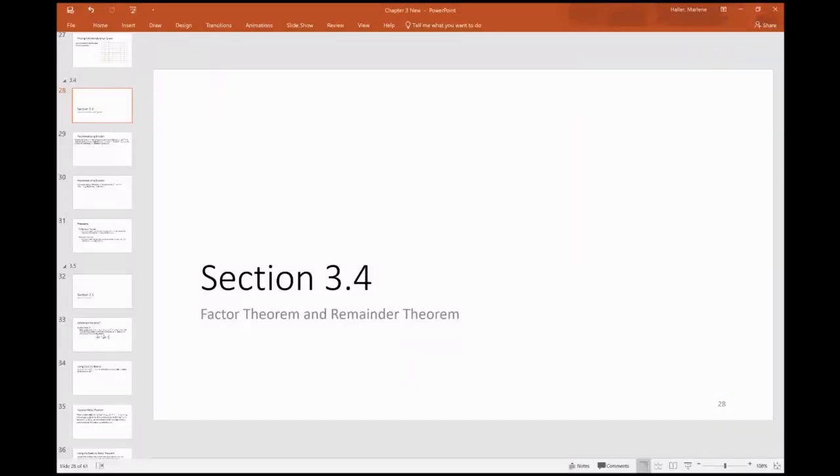Hello, this is the lecture for section 3.4, the factor theorem and the remainder theorem. In the last section, we looked at finding the zeros of a polynomial from the factors, and using the factors of a polynomial to find the zeros. We were just looking at easily factored polynomials. In this section, we're going to take a look at that further, which will lead us into the factor theorem